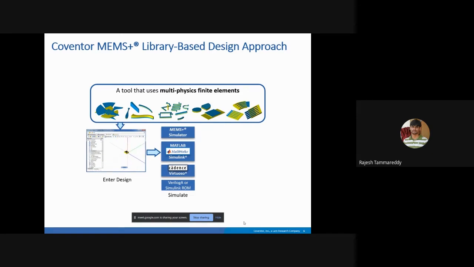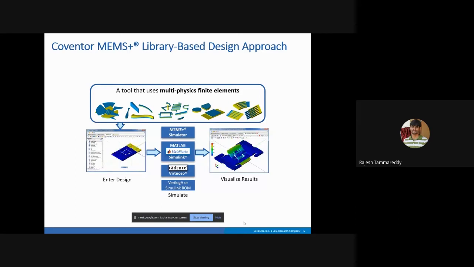Okay, so once you finish the modeling in MEMS+, if you see in the middle, you have many options, right? You can integrate the software with them for different kinds of simulation capabilities. You can do simulations in the MEMS+ simulator. You can take it to MATLAB. In MATLAB, you have two sections again: MATLAB for scripting and Simulink for GUI based. So you can do the simulations of the same MEMS+ model in both MATLAB and Simulink. And the next one, you can also take this model to Cadence Virtuoso for IC simulations.